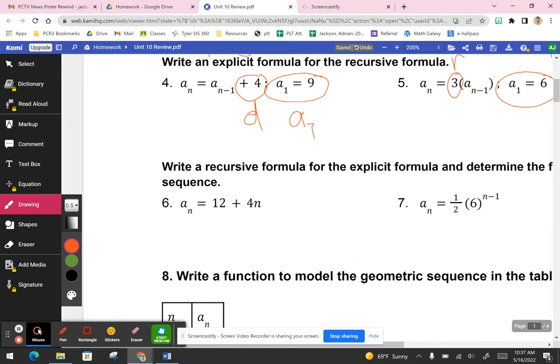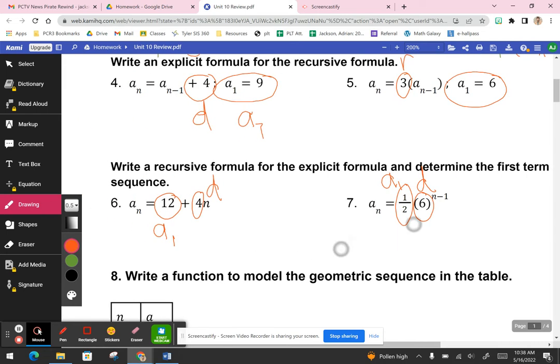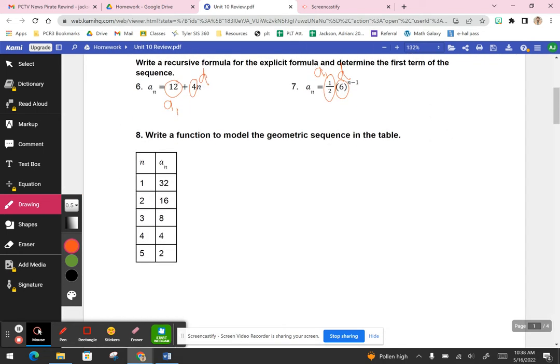Okay, and then down here on these ones, your A1 is going to be the number in the beginning, and then your difference is the number that's in front of N. Now over here, the number that's in front is your A1, and the number in parentheses, that's your difference. Here, you can use either the explicit or recursive formula, and you want to write out the